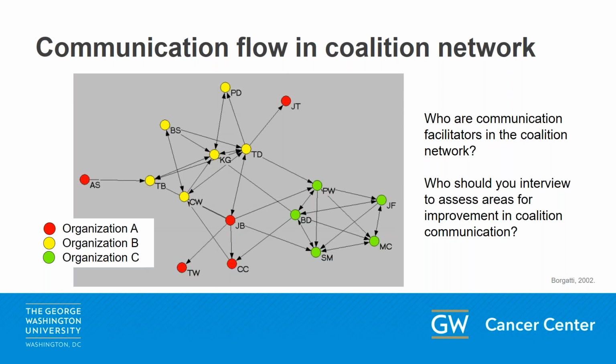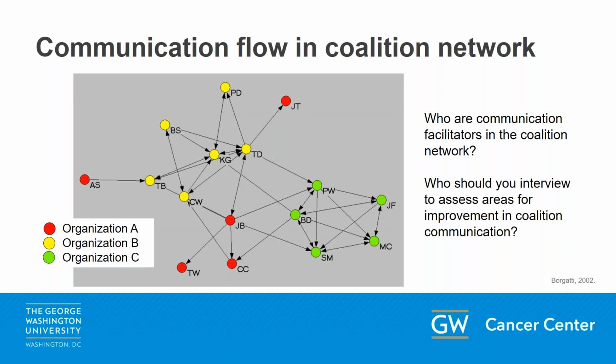So this may lead you to conclude that AS or JT should not be taking on leadership roles like being coalition representatives for organization A, and that you probably need to create a more targeted, individual approach to sending them news and information. On the other hand, when you're looking at organization C, which are the little circles in green,